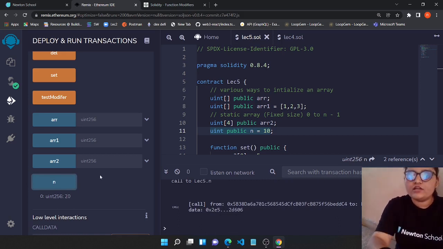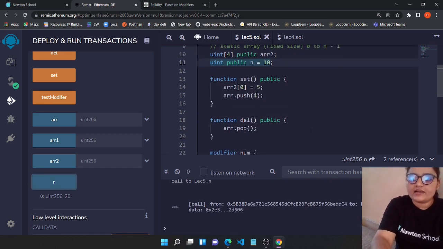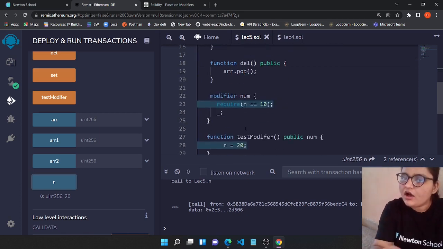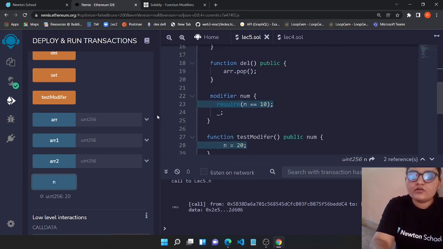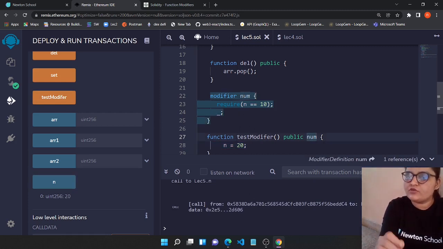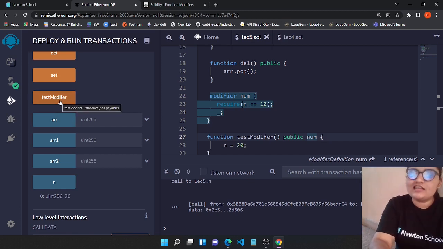So we told our contract that if your n is 10, then only you can use this test modifiers function, or else you won't be able to use it. After executing our test modifier one time, we see that now n is 20, it is not 10. So now if I use test modifiers, it will give us an error.